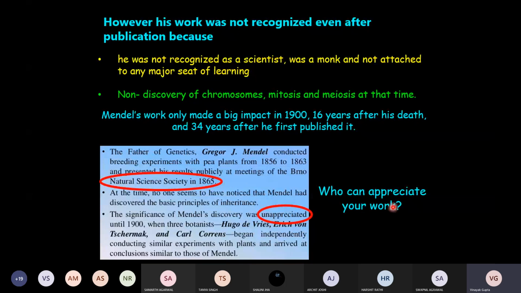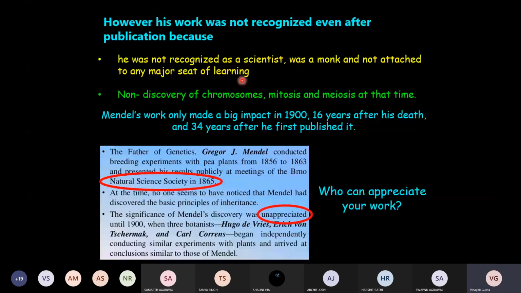And the same thing happened to Mendel. He was a very genius person, and the rules or principles of genetics which he formulated, nobody was able to understand. The reason was that at that time people did not know about the chromosome. Chromosome, genes, DNA, mitosis, meiosis. Today we can understand his principles because we already know these things. Now we know about DNA, chromosomes, genes, traits, mitosis, meiosis, so we can understand. Imagine if somebody erased these concepts from our memory, from our mind, then today also we could not understand his rules.